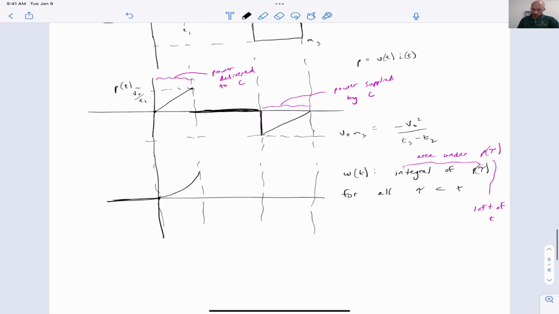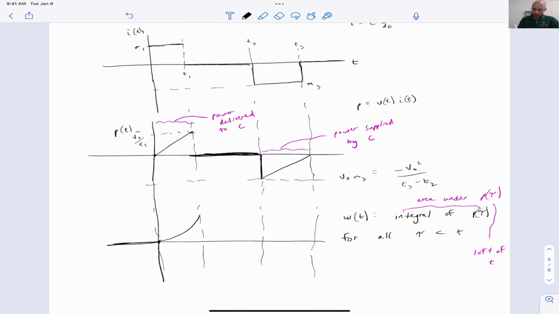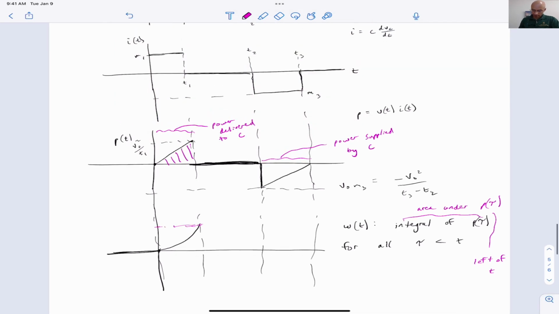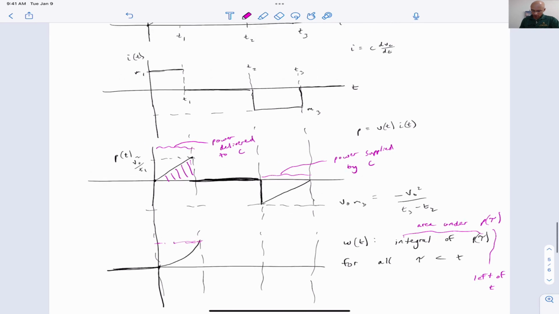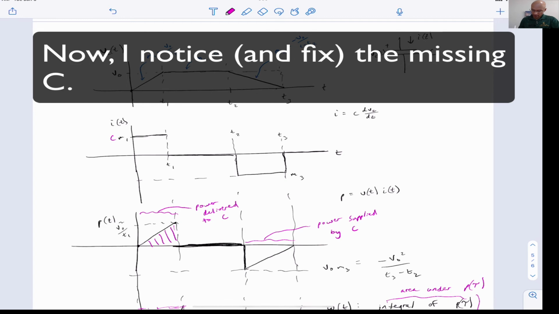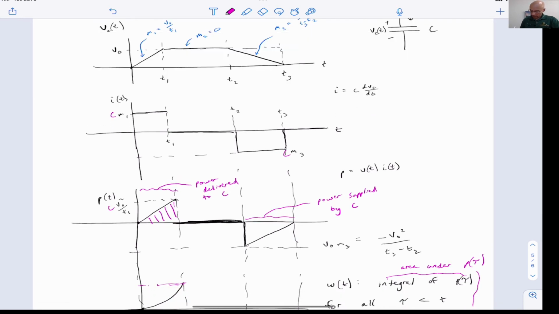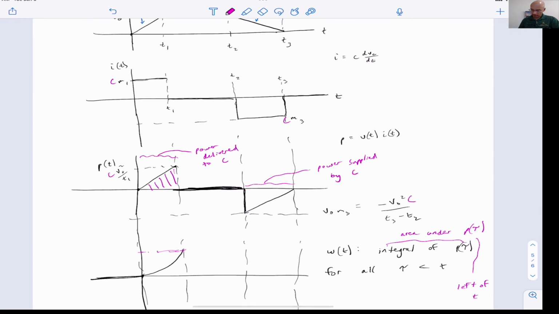And so what is that? Well, it's going to be the area under this curve. What's that area? Well, it's 1/2 base times height. So, oh, and I think I forgot something here. I need a C here. There needs to be a C and a C. And so this needs to be a C. We need a C here. Okay, anyway,